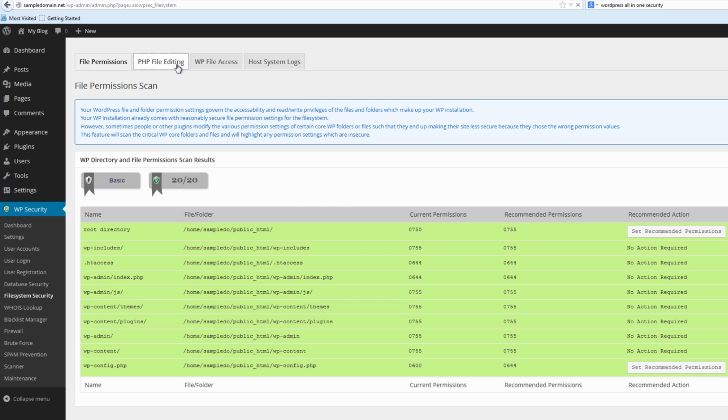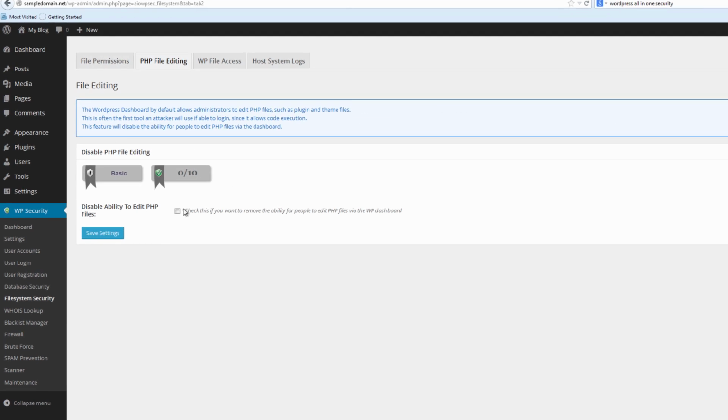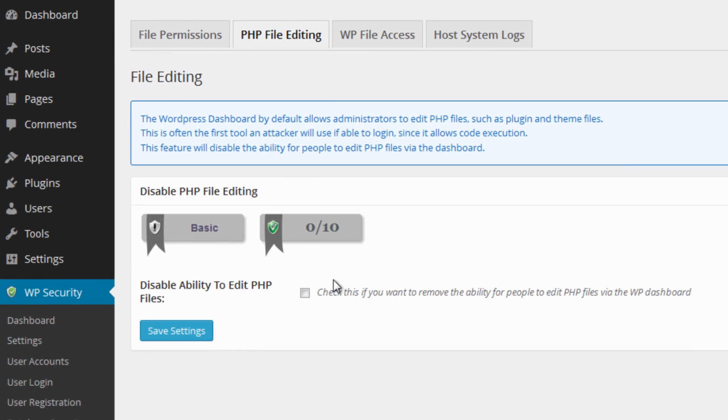Next thing here is in regards to PHP editing. Now, this depends on how your site is and what you want to do with it. If you edit your site and you actually do it through the theme editor or through an FTP program or your own website editor, if you prefer using Dreamweaver, Eclipse, any program whatsoever, you want to make sure the PHP editing is on. This way, anytime you make changes through the dashboard or any of the files you're looking at through the dashboard get changed, it's not going to try and block you out